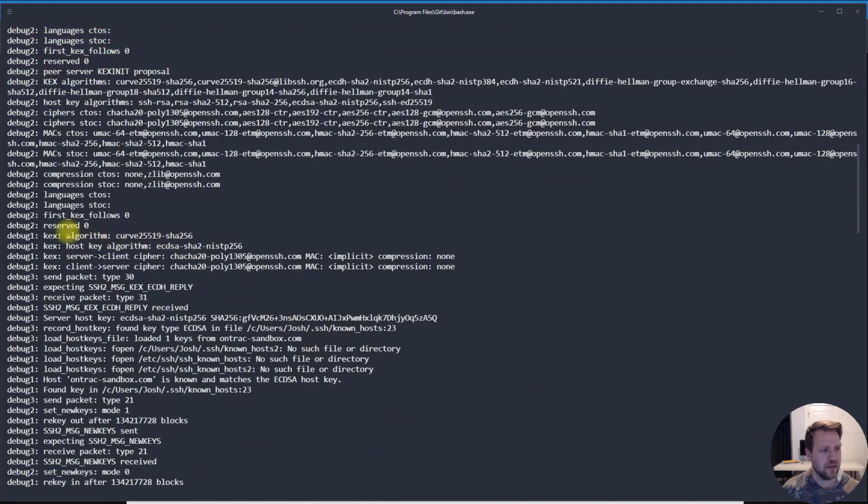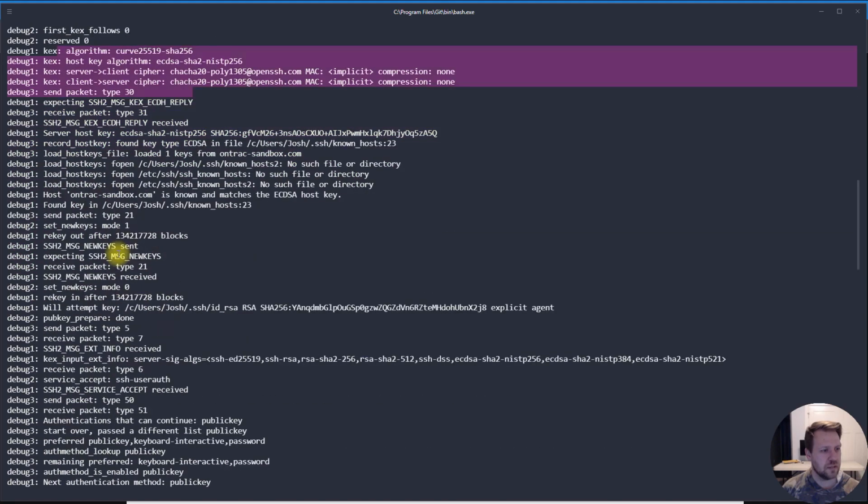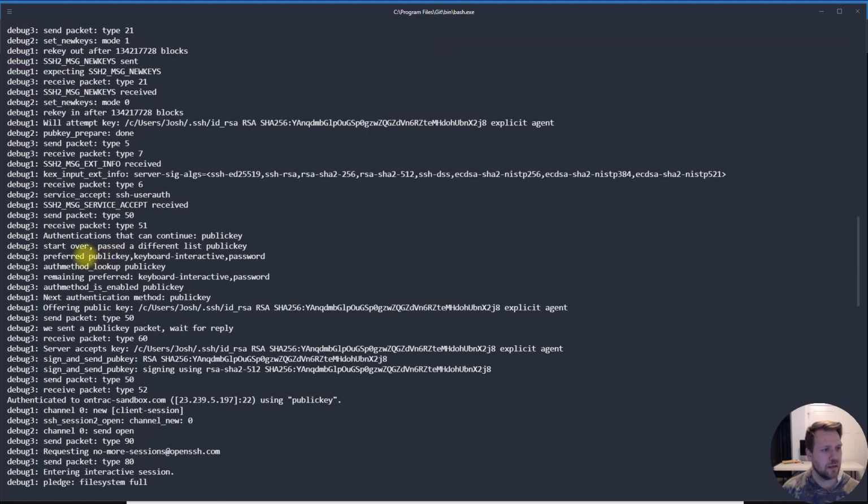It selects an algorithm, does a bunch of stuff, and then it's authenticating over a public key. So with SSH, you can authenticate with a public key, a public-private key kind of pair, or you can do